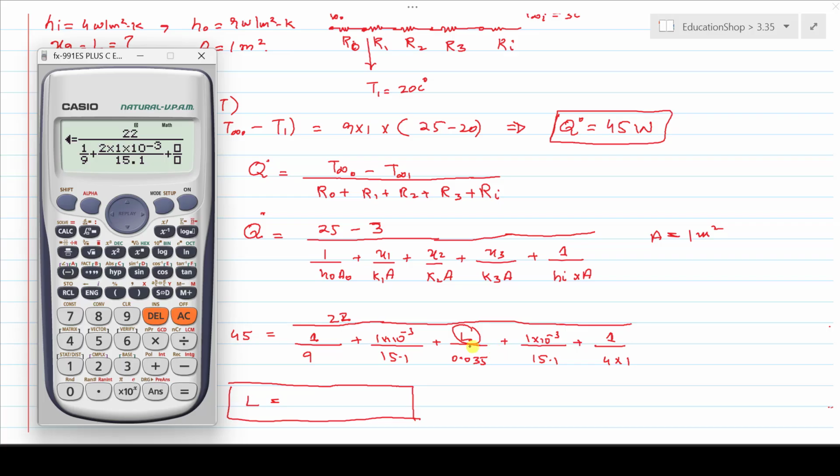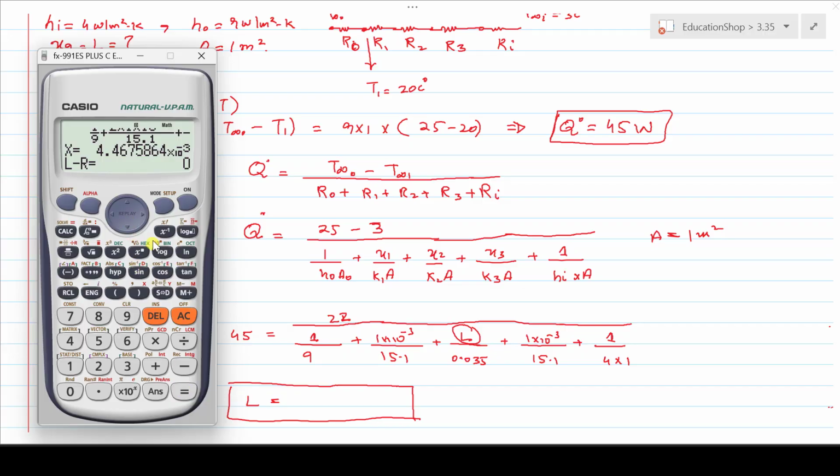This value for this L, we will write X on the display. There's this alpha button, then there's this to show X on the screen, it is 0.035. Now press this shift button, calc, solve for X, yes,